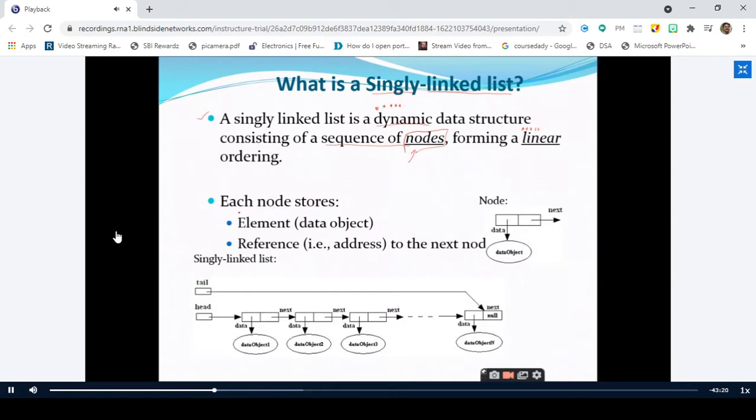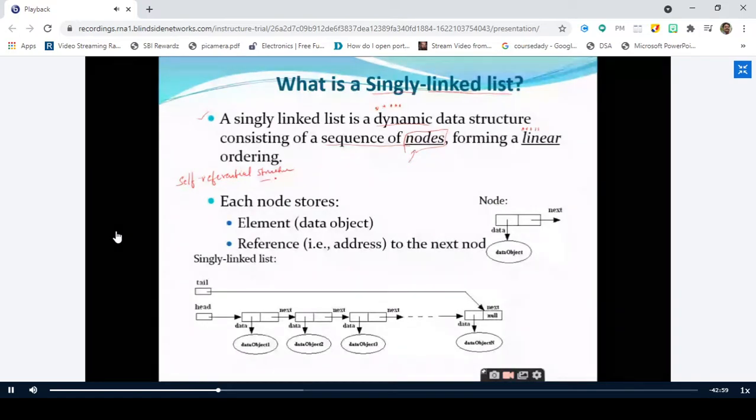In C programming, while we were discussing the concept of structures, we might have discussed the concept of self-referential structure. Right? Can anybody tell me what a self-referential structure is? If a structure refers to itself, it is called a self-referential structure. No, it is not the concept of calling.